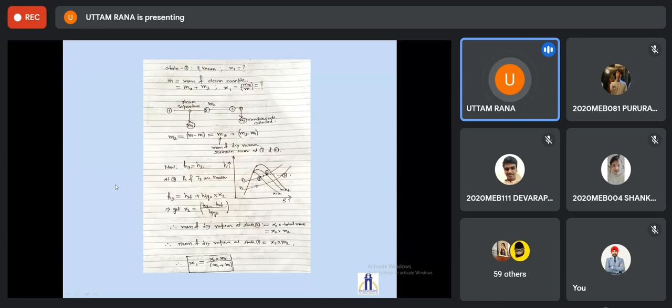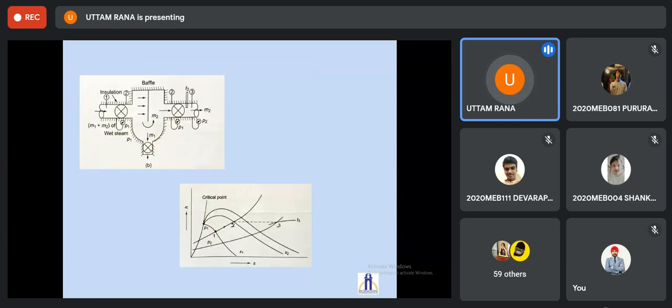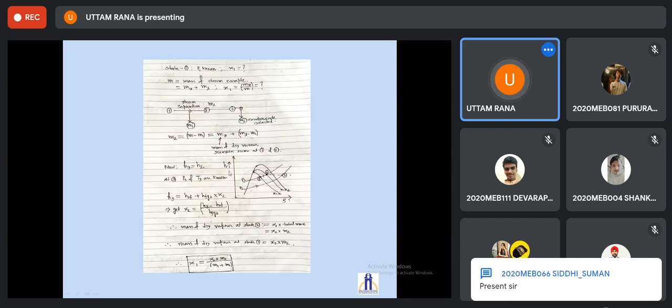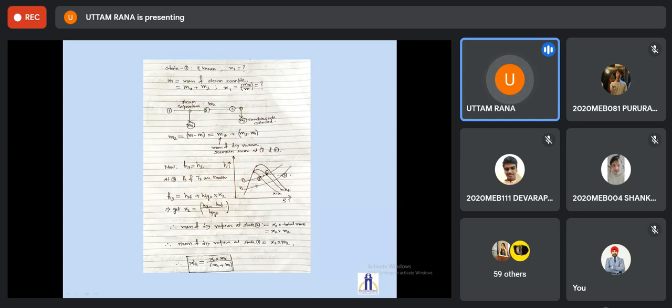So let us look at the thermodynamic process table and the HS diagram, where the process is shown here. Here you can see how to find the value of X1. The objective is to find the quality of the steam at state 1. Steam is at state 1, then some amount of moisture is collected, and let us say in a time of delta T, M1 mass of moisture is collected.